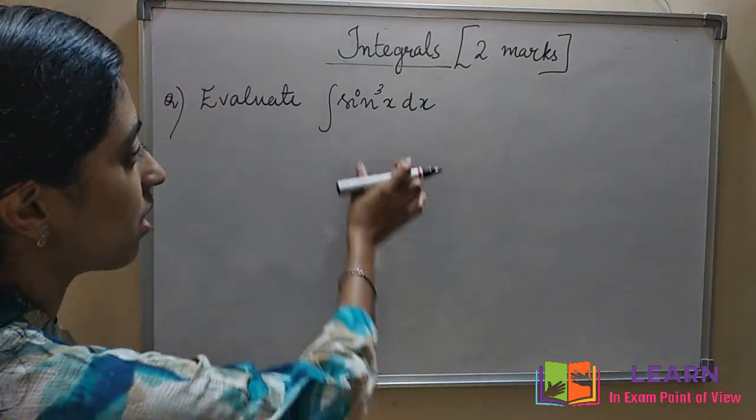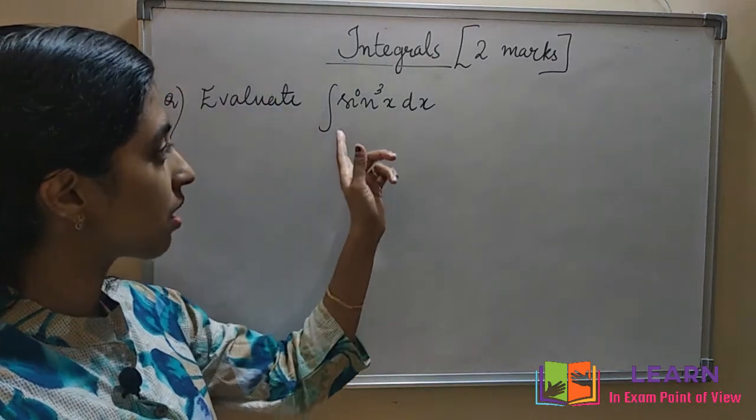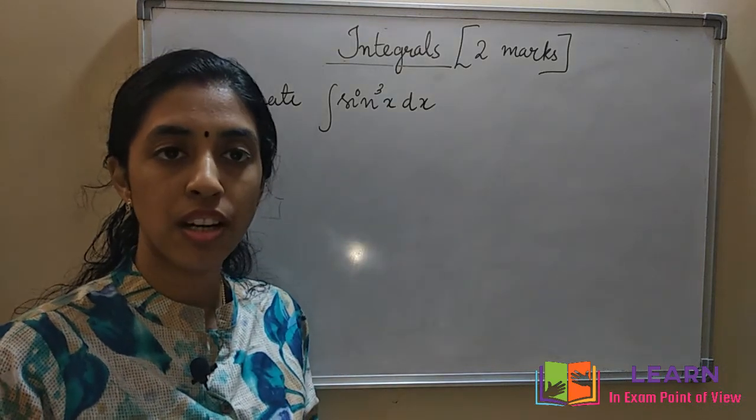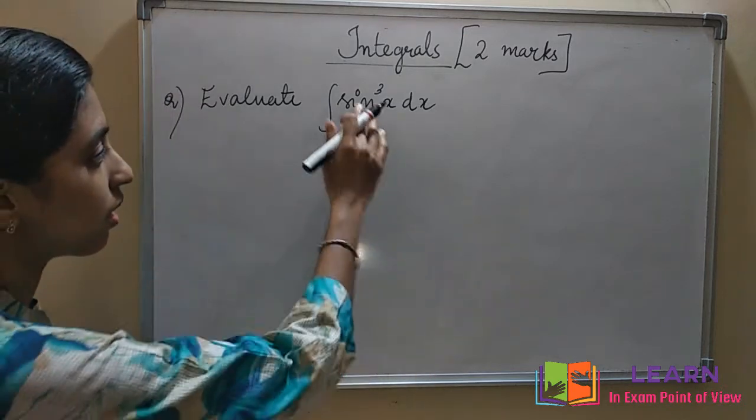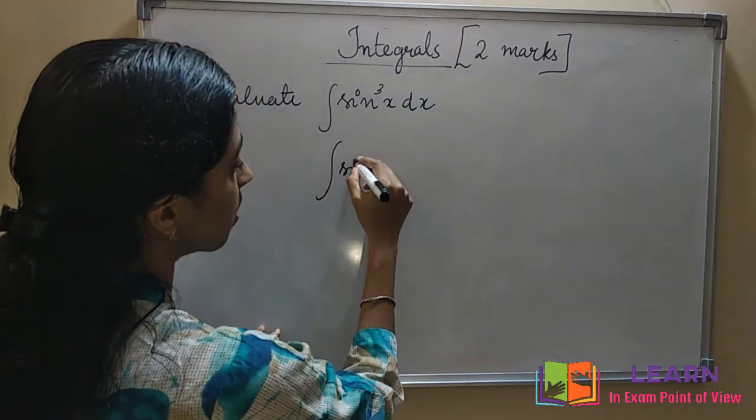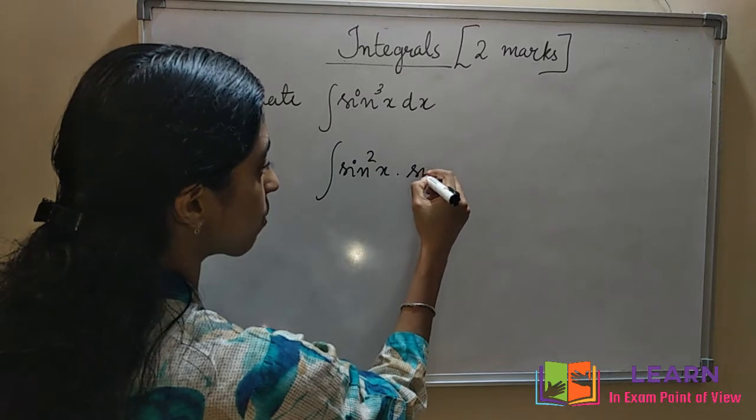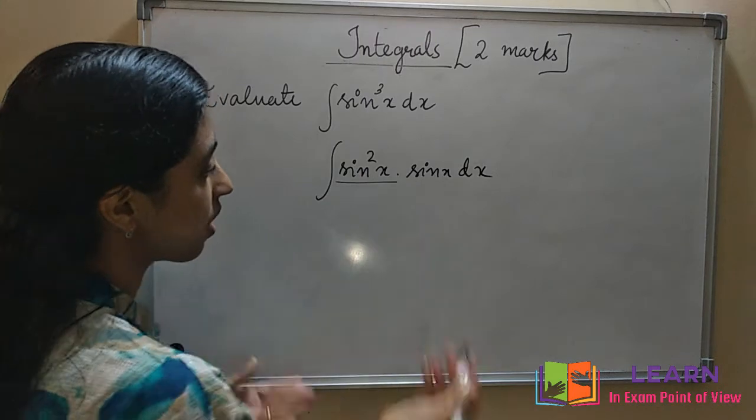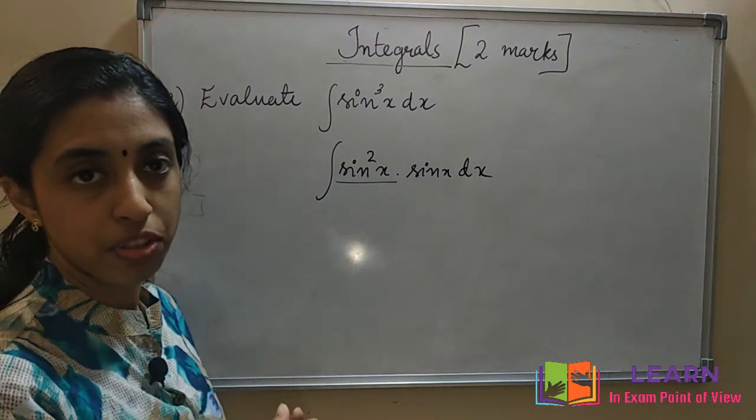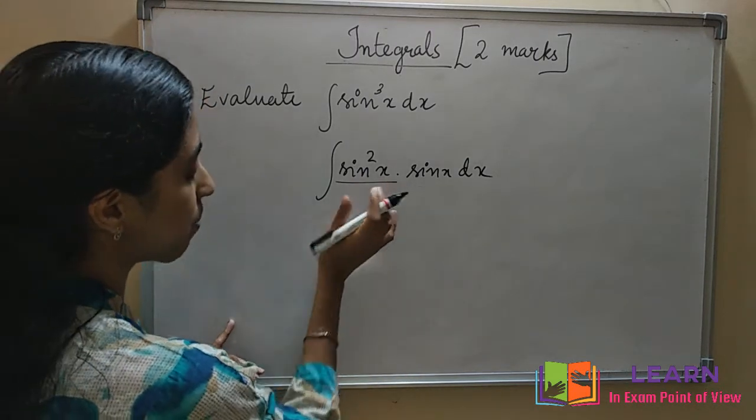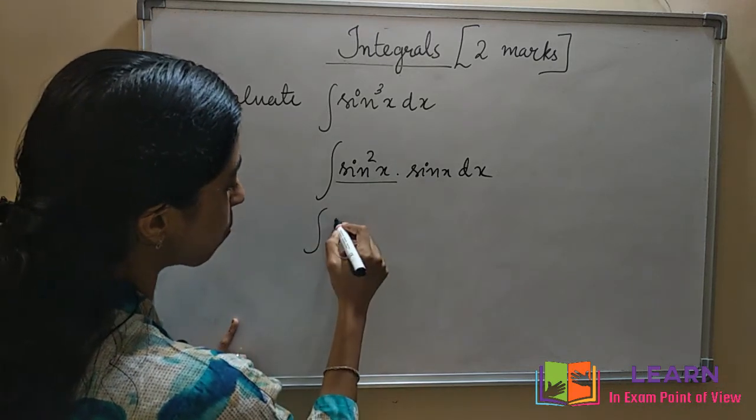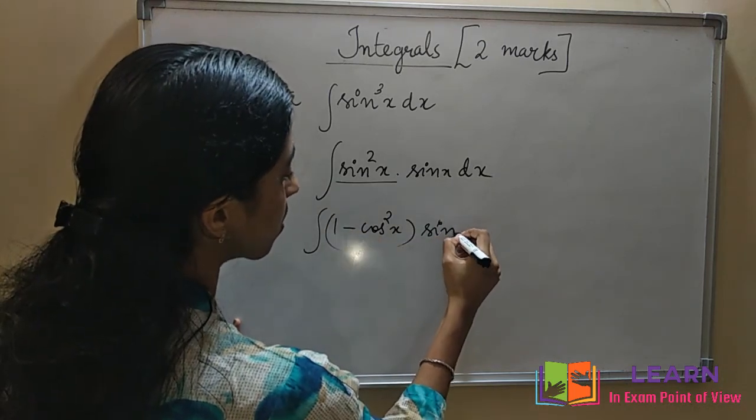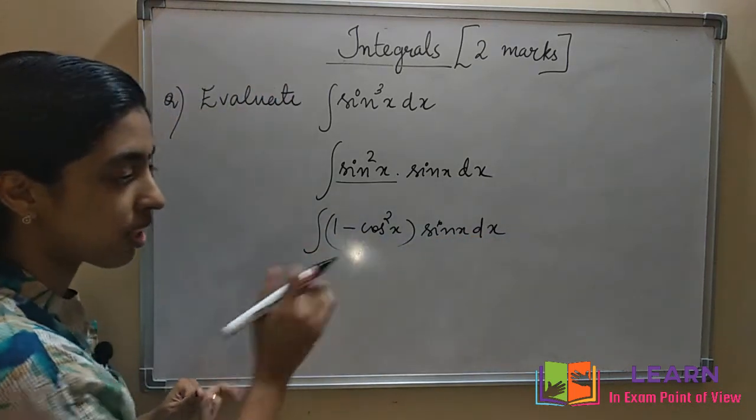Here, integral of sine cube x, we don't directly know the formula for sine cube x, so we can split and write it. Sine cube x can be written as sine square x into sine x. Now, for sine square x, again we don't know the formula of integration, so another way we can write this is 1 minus cos square x into sine x dx, where 1 minus cos square x is